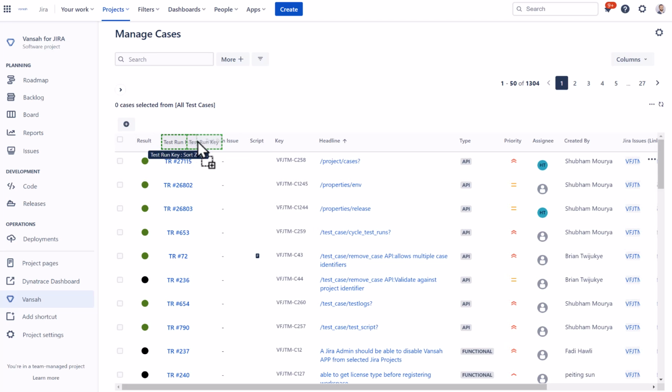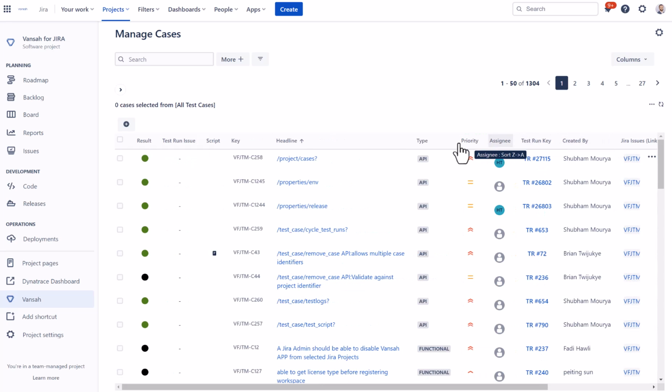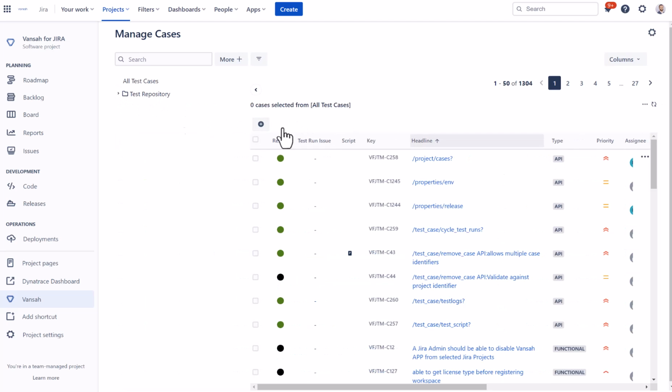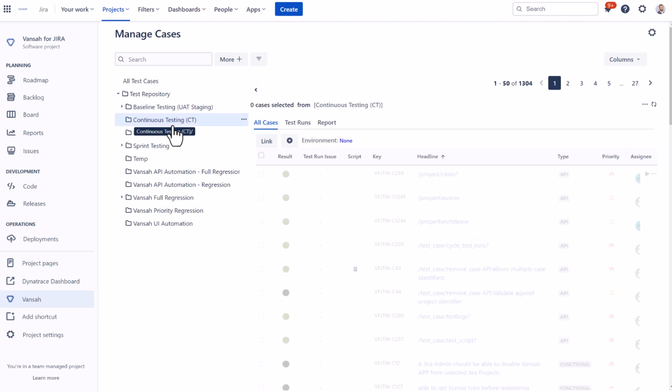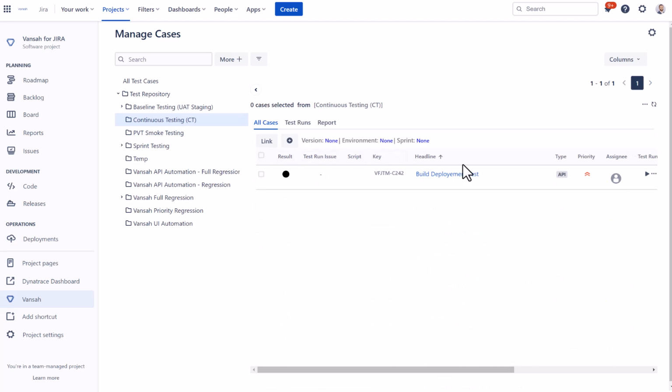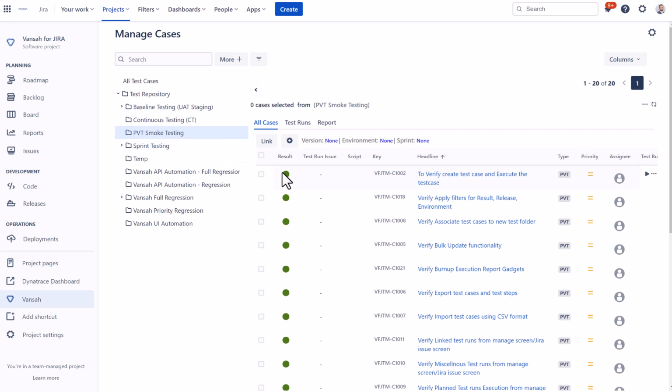So again, I could select and move the column to a position of choice, and by changing your column layouts, that view will appear both for the standard all test cases view and even in your test repository where you may have organized your test cases. So that same view will appear as a layout in your own personal working layout